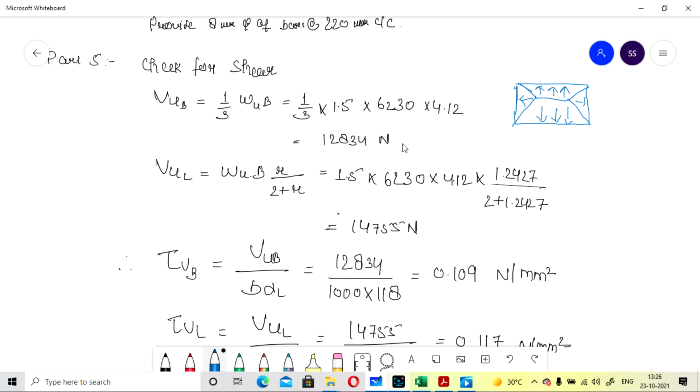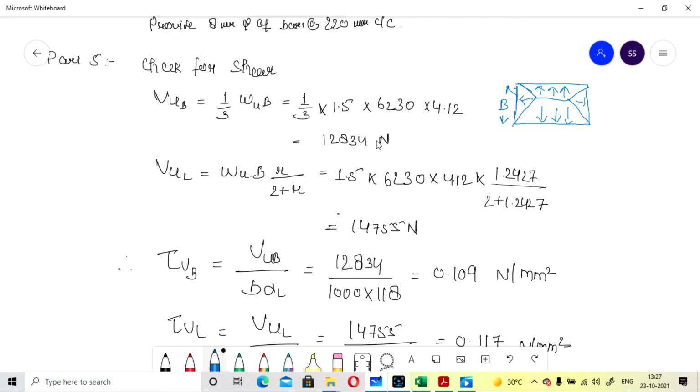So our shear value for the shorter span will be 1 by 3 into W into B. The value will be calculated as 1 by 3 into 1.5 into 6230 into 4.1233, the effective width of the slab, and its value comes to 12834.